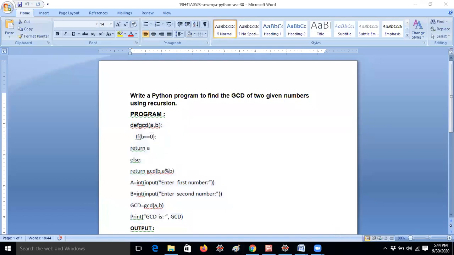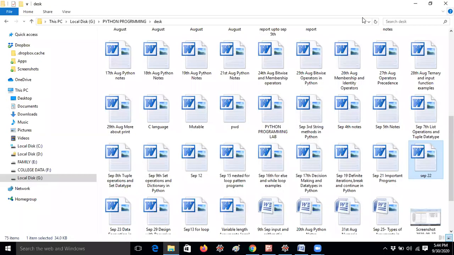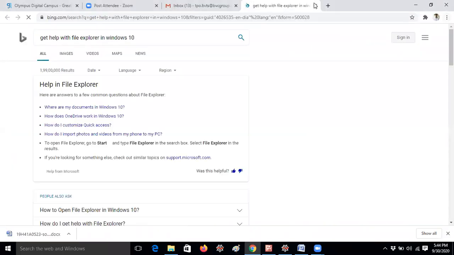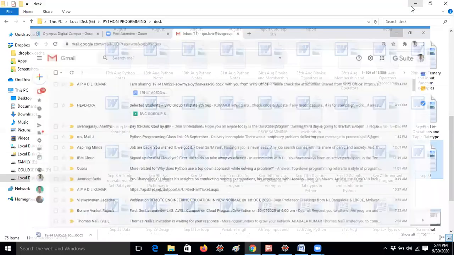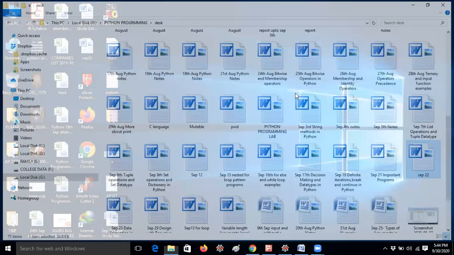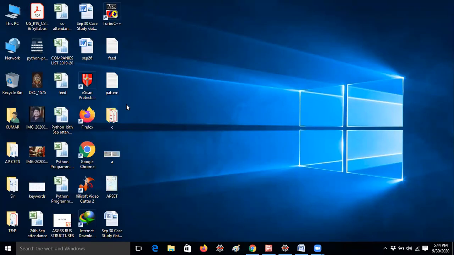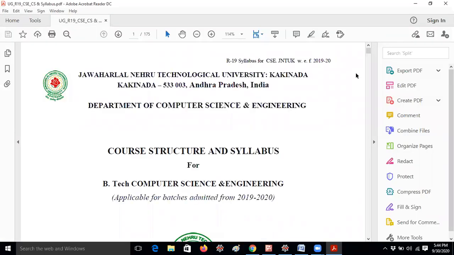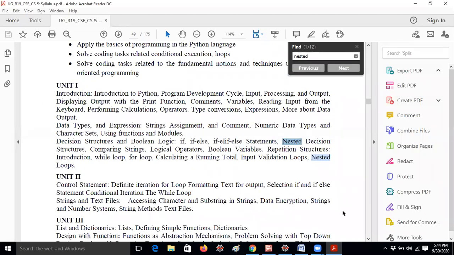So let me move to today's topic. I hope everyone completed what GCD is and what the recursive technique is, because we have completed the concepts. So recursive functions are also completed. Today I would like to discuss some theory concepts for up to 15 minutes. Don't worry, guys, because according to the syllabus I have to go. So that's the reason I'm telling in this way.